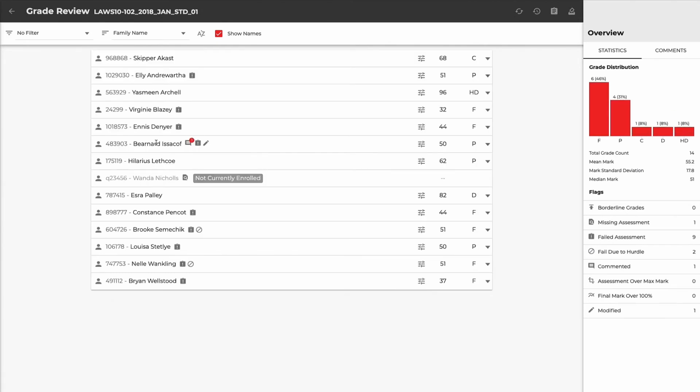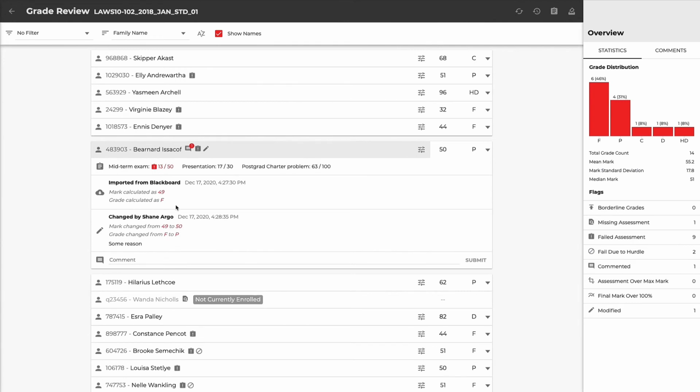So if we remove the filter, we can see here that Bernard has been put up to a pass. If we open Bernard up, then we can see that we have changed him from a 49 to a 50, and from a fail to a pass, and our justification.